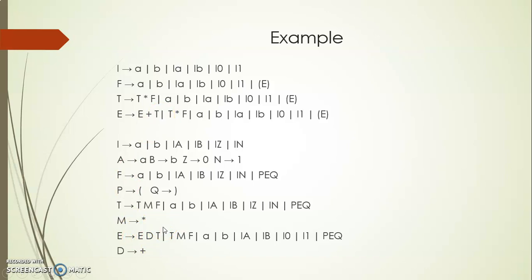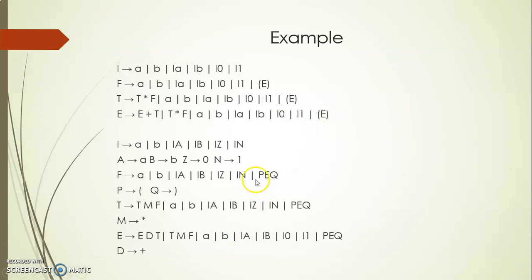After doing this conversion, when you observe the productions, what about the first production? It is in Chomsky normal form because all the options contain either a terminal symbol or a combination of two non-terminals, and these options are also in Chomsky normal form. When you consider the third production, everything is fine, but what about the last option? It is not in Chomsky normal form. Why? Because it consists of three non-terminals. It should not be the case. In Chomsky normal form, every production must consist of only two non-terminals.